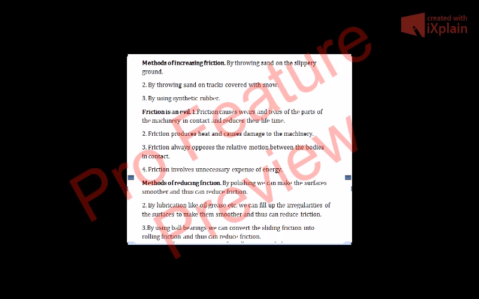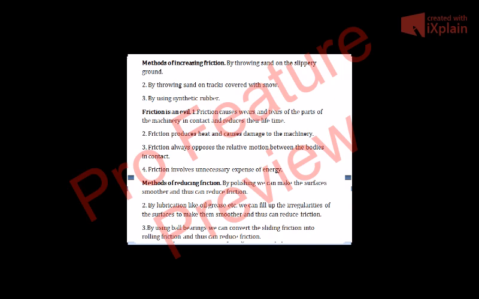Number one, by throwing sand on the slippery ground. For example, if there is a slippery ground or slippery road where people often slip down, then we should throw a lot of sand there so that this friction increases. Similarly, by throwing sand on tracks covered with snow,